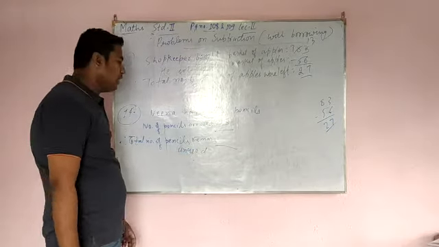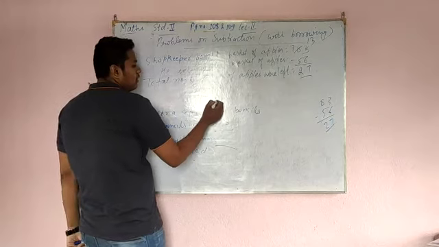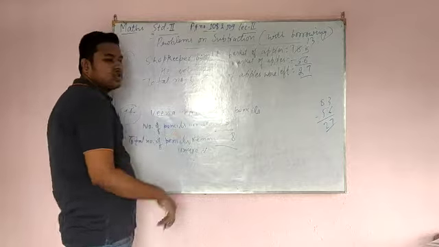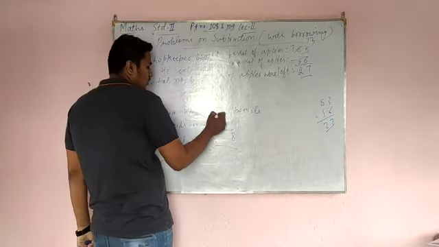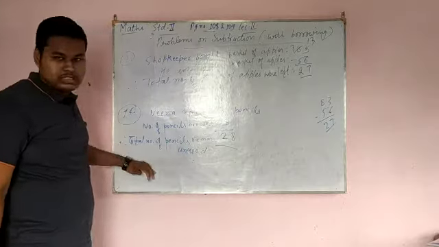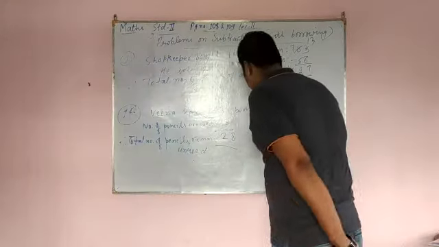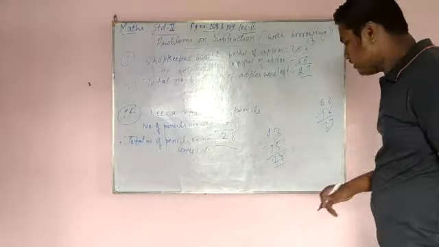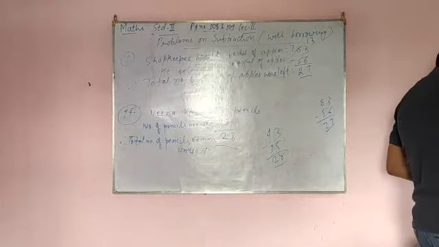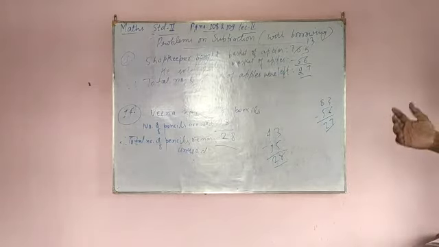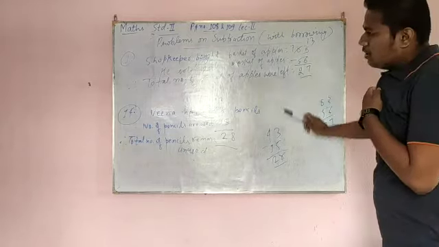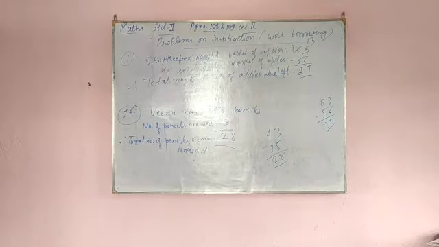From 3 you cannot subtract 5. So 1 tens you will take from here, then it will become 10 plus 3, 13. Subtract 13 minus 5, you will get 8. 1 tens already taken from here, so it will leave 3. 3 minus 1, 2. So this is according to the statement, but in your book, you just simply write 43 minus 15, subtract and write the answer. With the help of this question, you can easily solve page number 109, questions 7, 8, 9, 10, 11, 12, 13. With the help of example number 1, you can easily solve page number 108, questions 2, 3, 4, 5, 6. All are very easy.